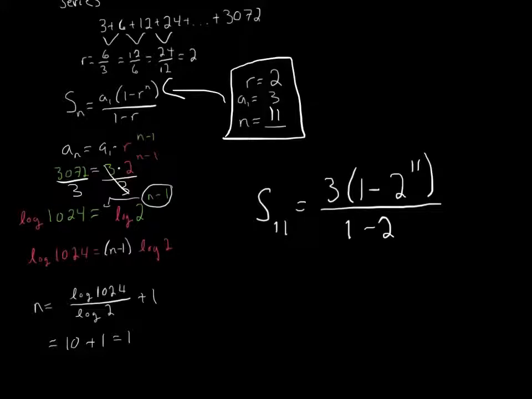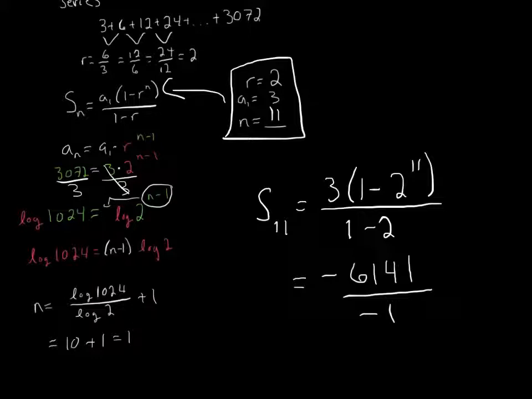So now we can use our calculators to help solve this problem. So we're going to have 3 times 1 minus 2 to the 11th. And I want to put that into my calculator exactly how it shows. And so when I put that in the calculator, the numerator comes out to be negative 6,141. And now I need to solve for the denominator. 1 minus 2 would give me negative 1. And when I divide something by negative 1, all that does is change the sign. So I get